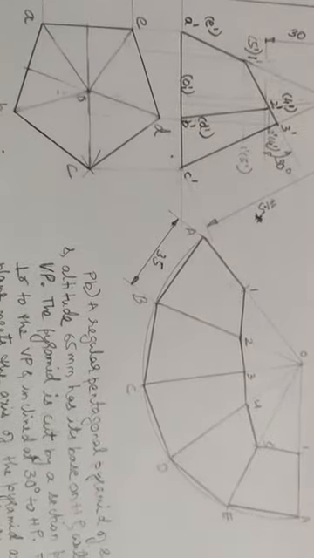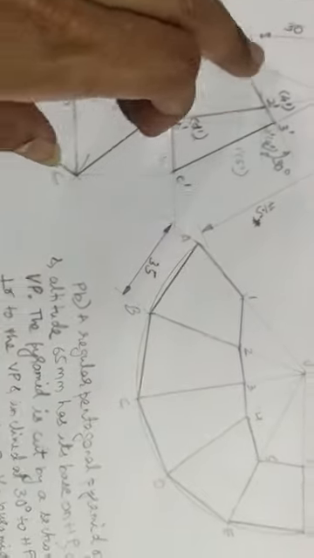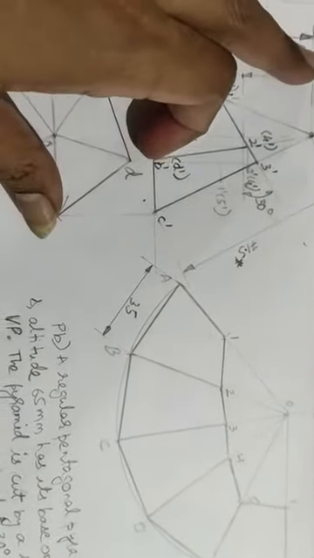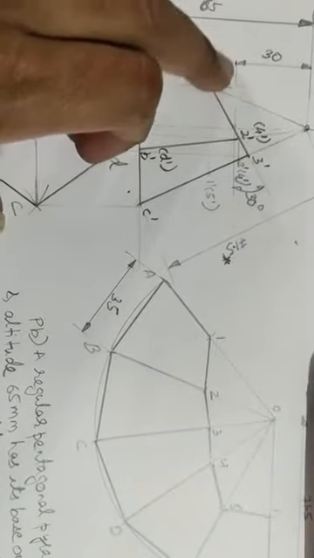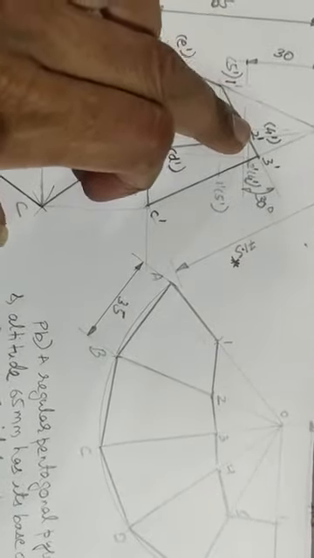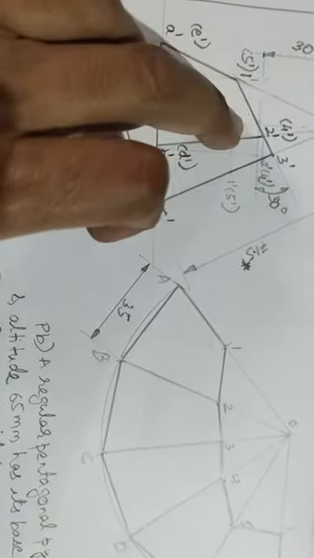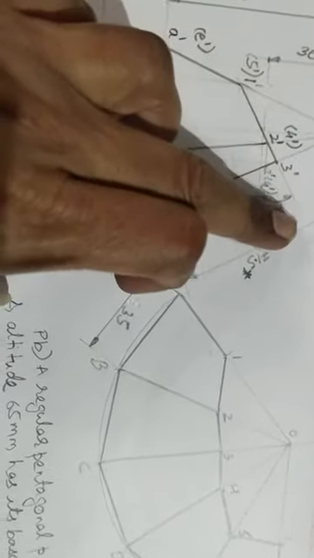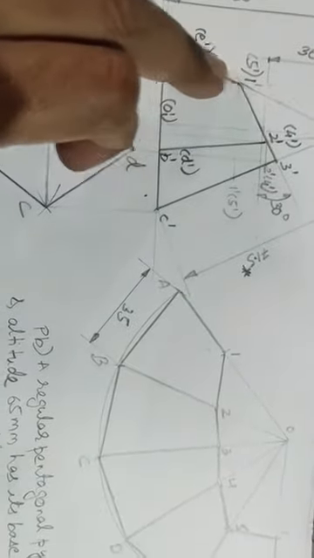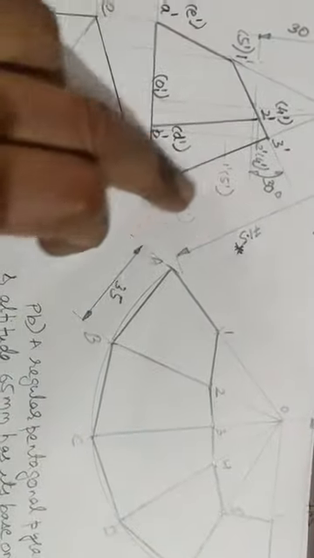I hope it's clear now. Okay, so 30 mm, the cutting plane passes through a height of 30 mm from the apex. It cuts the axis at 30 mm and it is at 30 degrees to the XY plane. So on the axis line, you keep your protractor here at the center, measure a 30 degrees line, draw a dark line on either side. So this is the remaining part whose development I have to do.